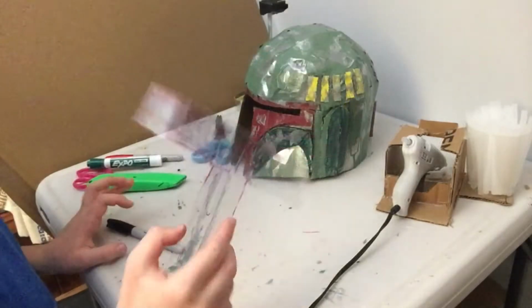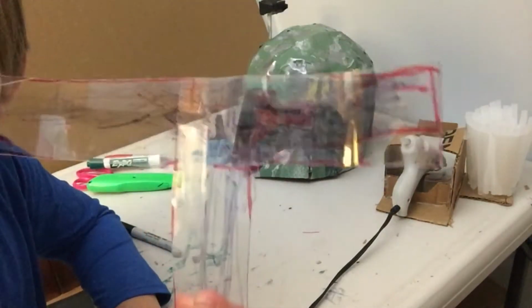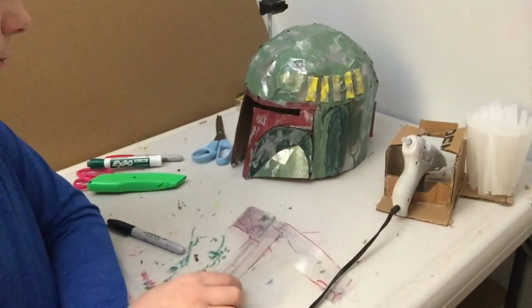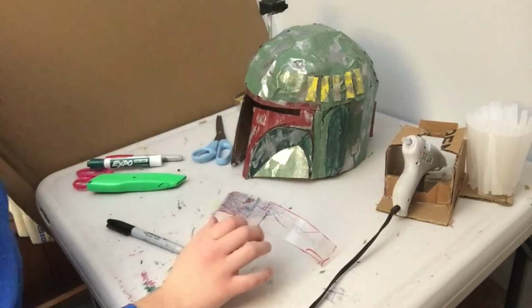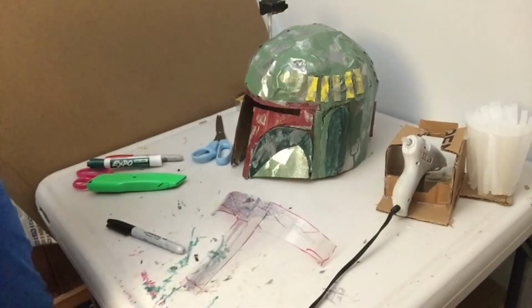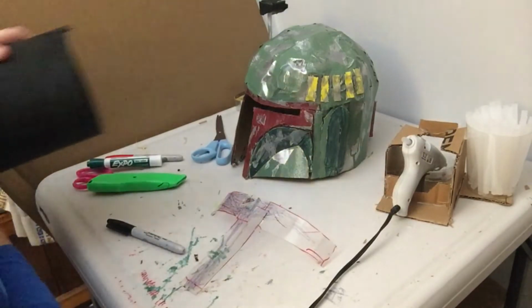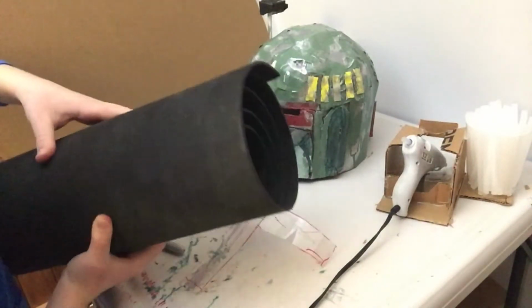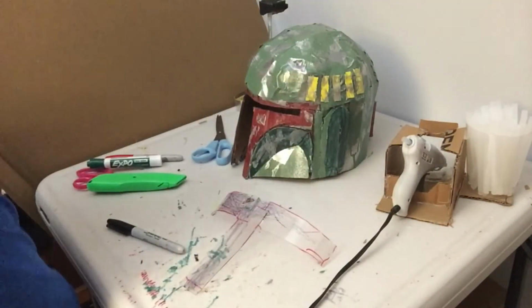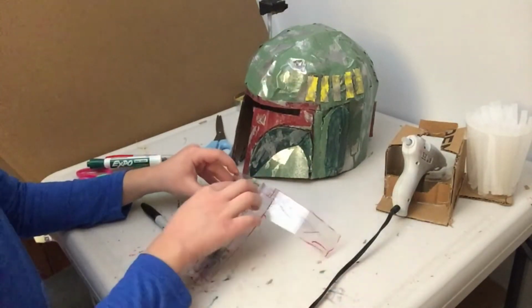Okay, before we finish off this visor piece, I added a little targeting system, which is that green and red stuff back there. And we're actually going to take some more stuff. You could use black paper, but because I have it, I'm going to use some black craft foam. And I'm just going to cover this bottom piece and a little bit on the sides so that